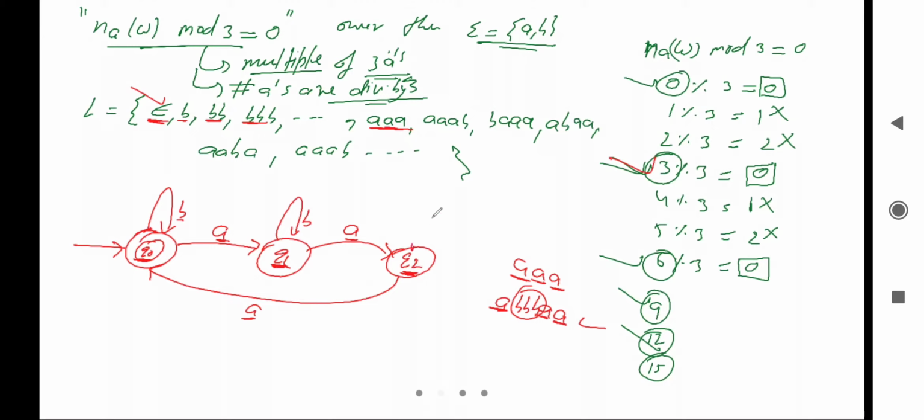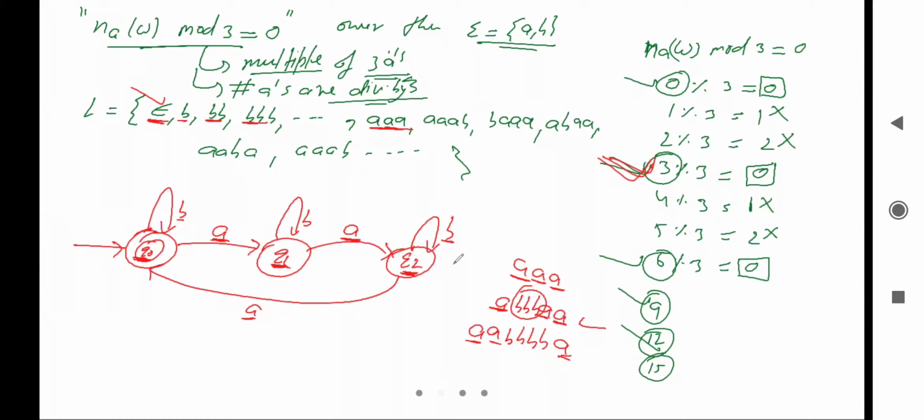Can I take a loop again here? Okay, so we'll have to check this one. So how to check? Initially there can be a single a from this one. Let me say a. After that again it is reading a. Okay, after that there can be multiple times b or not. Let me say multiple times b's. After that it will read a and go to final state, means 3 times a again, and 3 times a is possible, right? So finally we can say here there is a transition for b, or we can say we can take the loop of b.